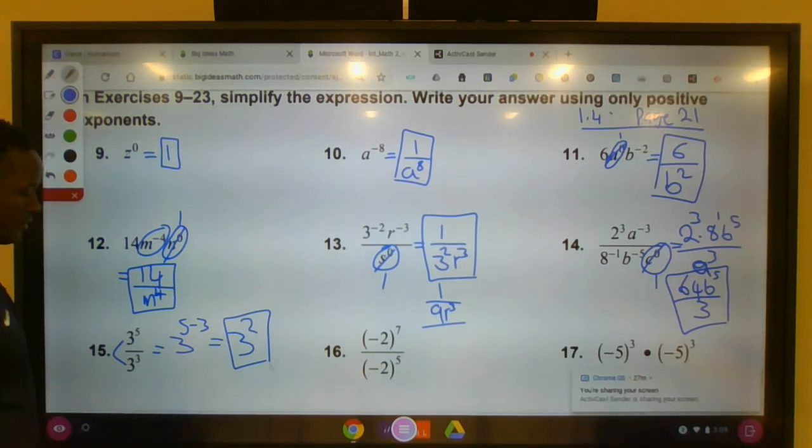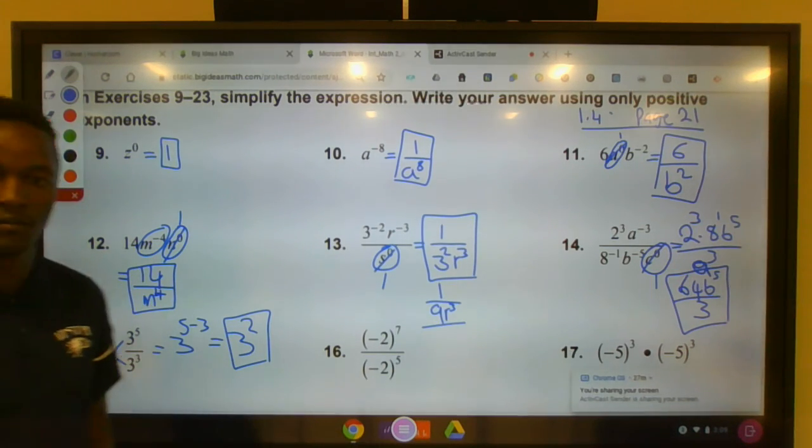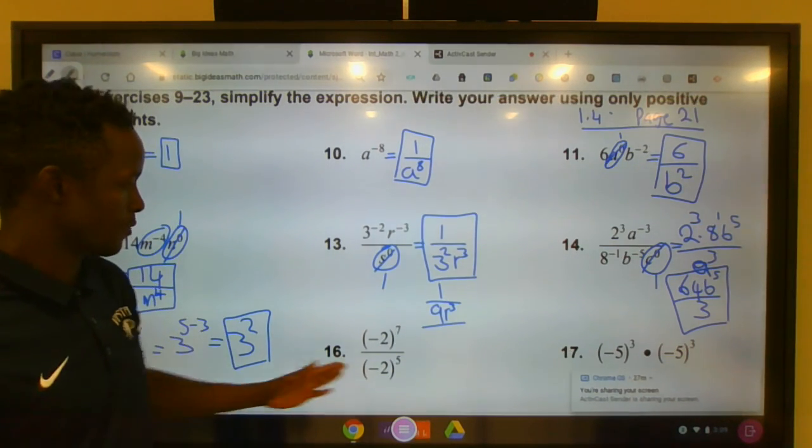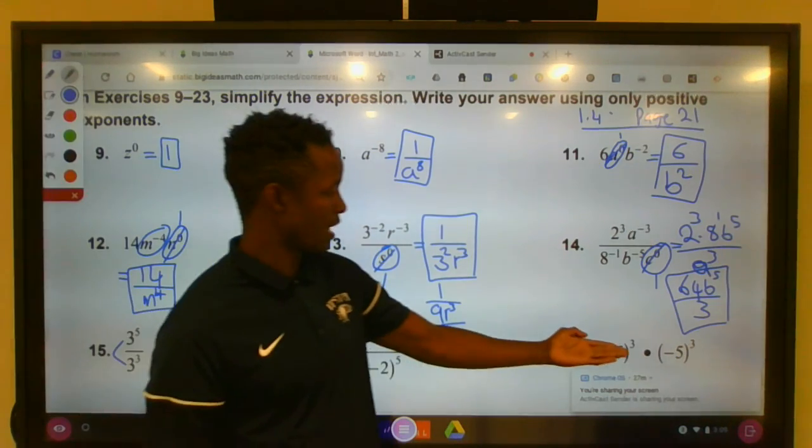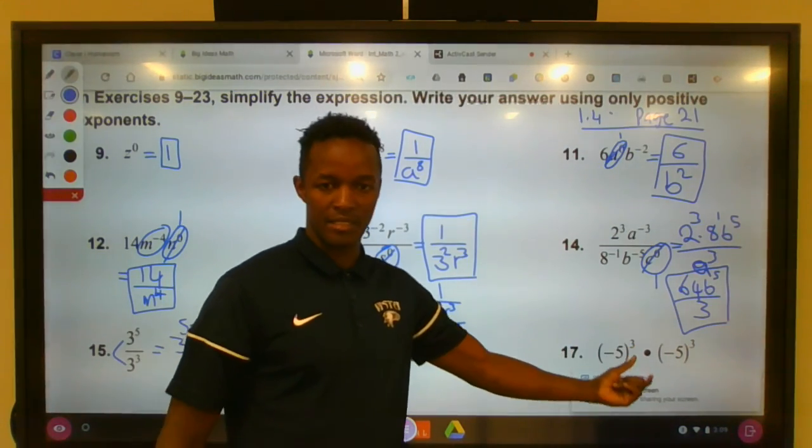Okay, so these are some of the problems that you have to work on. This is pretty much similar to that. This you have the product of powers. When the bases are the same, you